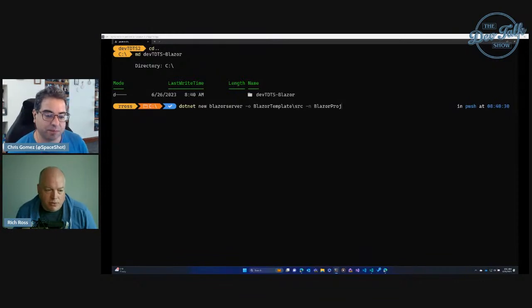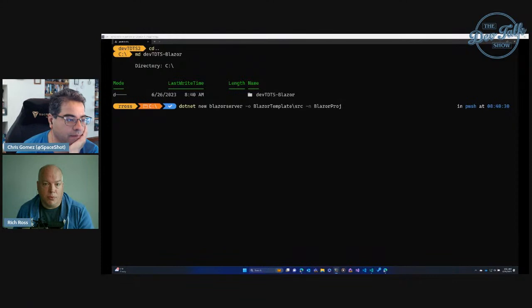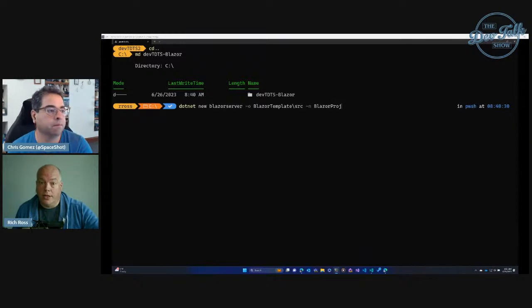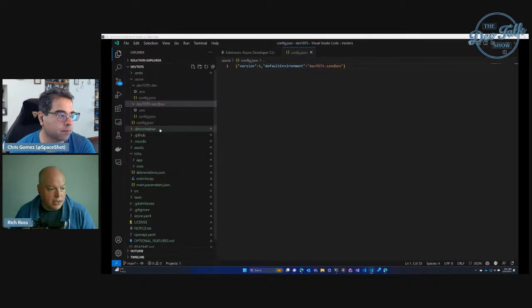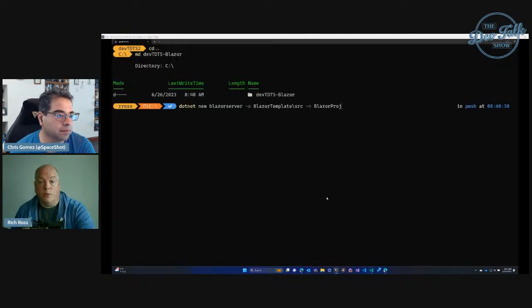So I've been doing that new statement for a little bit, but then also having that folder, because -o is the folder where we're going to put it in. So Blazor template source, and if you go back to what we looked at earlier in that template application, that's where the code resided. We've got our little source folder here where all the code is, and we want to make sure that it lands in the right spot